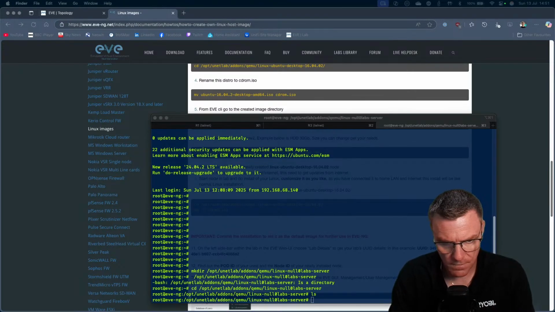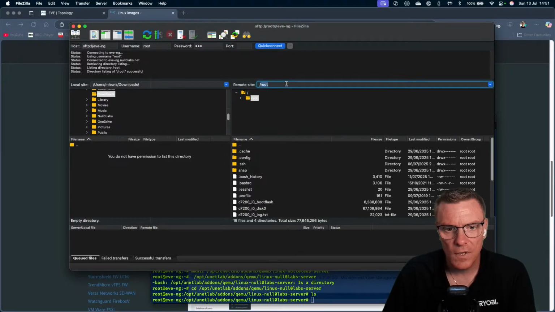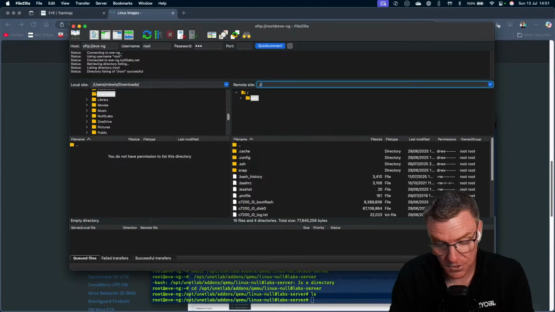Username is root, it's Eve NG. Port 22. Connect. Okay, so we have that, and we create a folder in slash